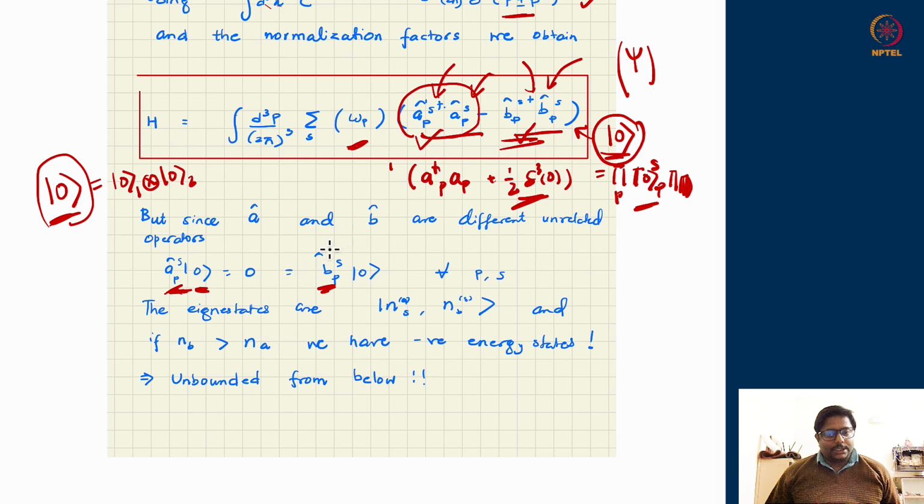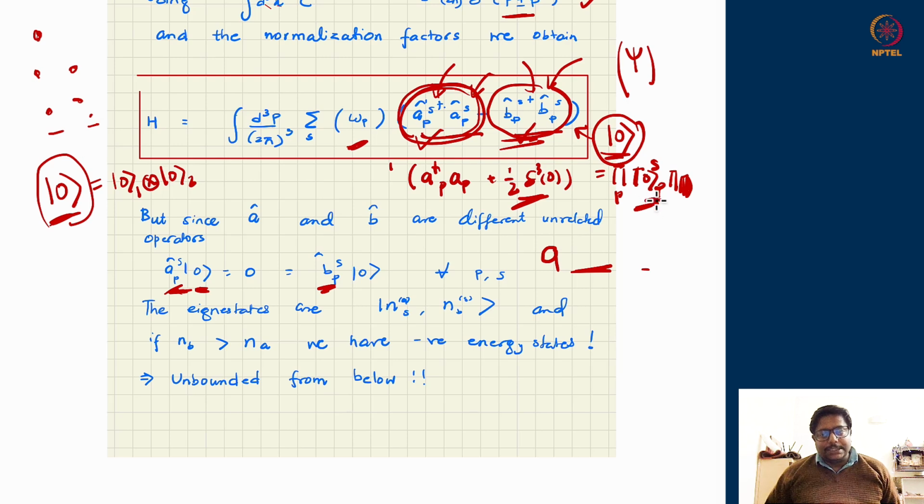But the story is problematic even after that. Though I have a vacuum state, now I can raise as many A's, positive frequency things, and as many B's, negative frequency things, independently. There is no reason that A and B should be correlated. I can think of a different number of excitations in the positive frequency sector and a different number in the negative sector. This is like two oscillators' ground state. I can have either 0 or 1, or I can have a 1 or 0. I can have a 2 here or a 0 here.